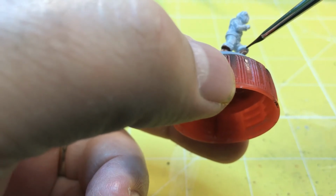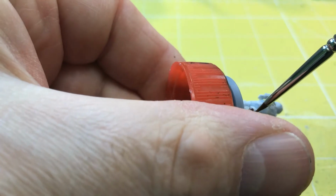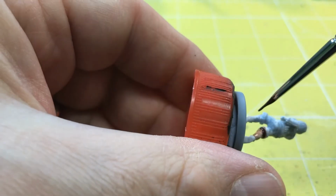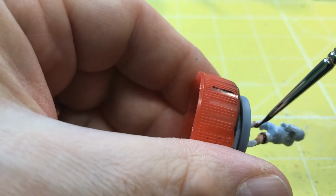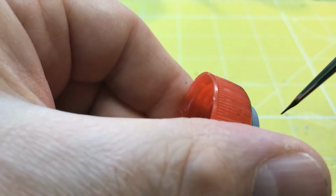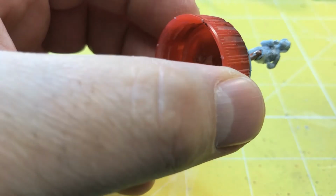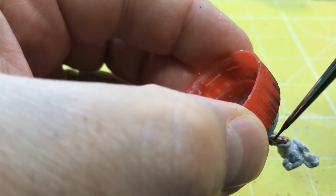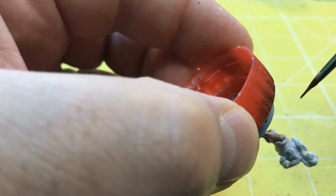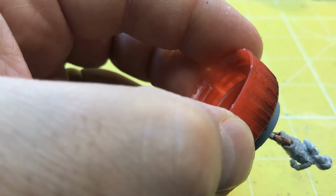I'm making the most of contrast paints on these figures because they're smaller, they're not as defined as your CMON miniatures, certainly not your Games Workshop miniatures, but yeah, and as she's pretty small, I'm not going to bother going in with highlights. So this is really